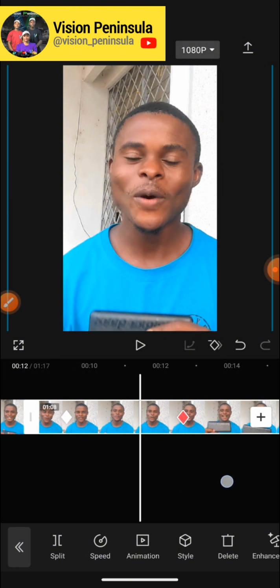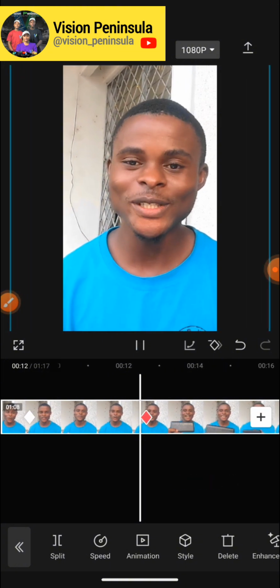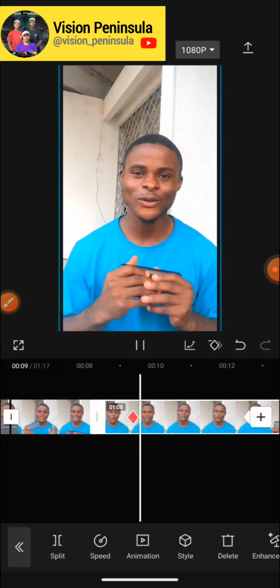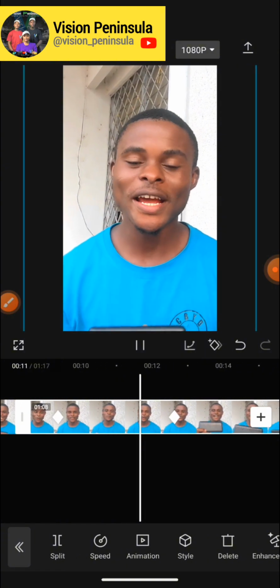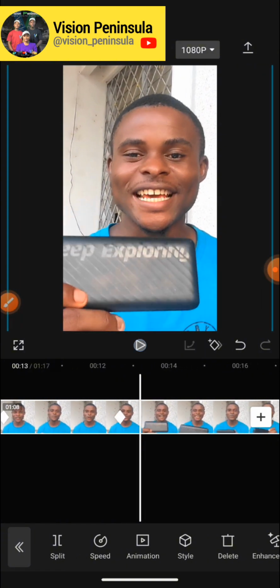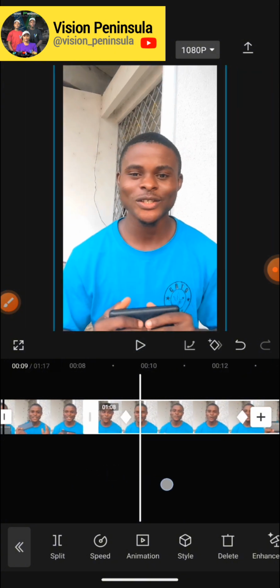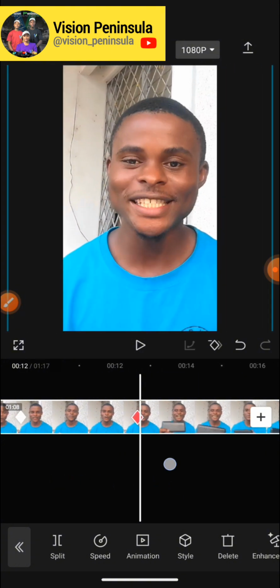Okay, so after zooming in, what next? After zooming in, ideally you have to zoom out. In most cases you want to zoom out faster than how you zoomed in. So you can see the distance between this keyframe and this is very wide, but now I can just add